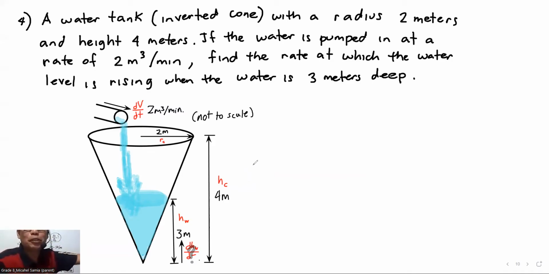Josh, could I add to the illustration? Could you draw a straight line from the center of the cone, the 2 meters at the top, to the center of the cone? And then the radius, could you draw a line of the water, the radius. Okay, so we could identify the triangles we're going to be using. Nice.